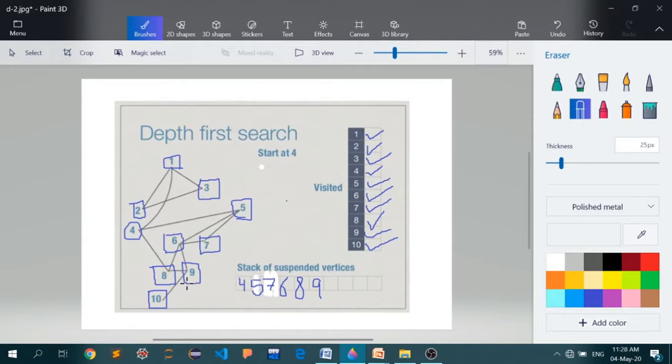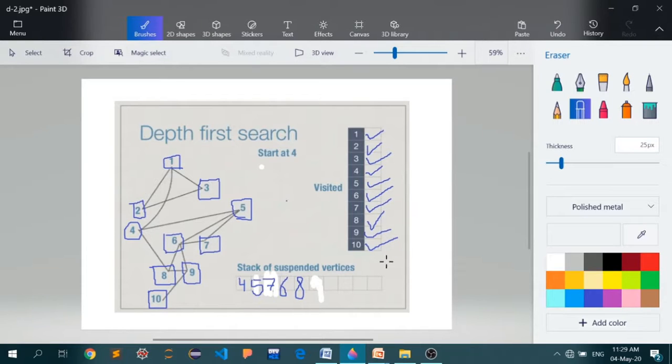unexplored neighbor. Okay, so now we are moving to the top of the stack, where we have 9. Now when we are looking at the 9, we have to remove it from the stack. So we have removed the 9. Now 9 has two neighbors, 6 and 8. Let's see which of those are still unexplored. Now 6 has already been explored and 8 has already been explored, so we have nothing left.